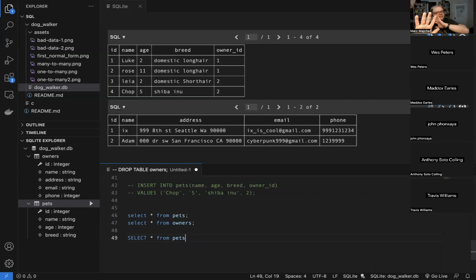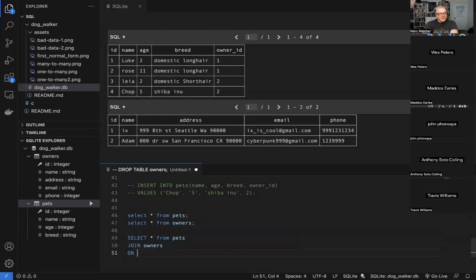And I'm going to write it the way you're going to see it most of the time, and I'm going to change it just a little bit to help see what's really happening. So I'm just going to select everything from pets. And I'm going to say join. Hey, that's a word. And so I'm going to say owners because I want to join on the other table. And I want to say the way I want to join it.